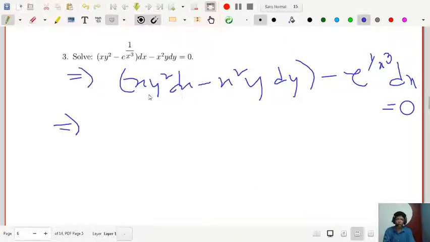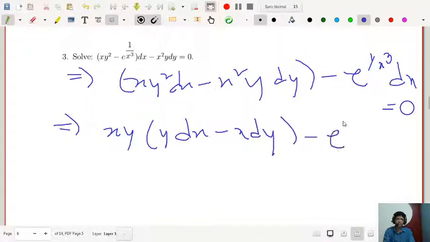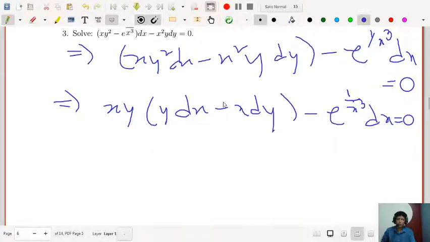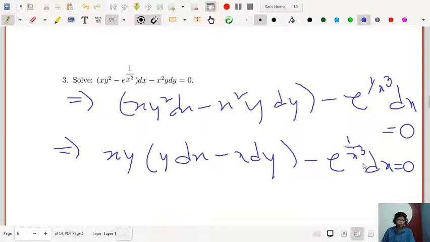If you need an integrating factor, let's check. You can take common, xy can be common, so xy, taking xy out, y dx minus x dy you can write, okay, and after that minus e to the power 1 by x cube dx. So your complicated part of the question is 1 by x cube, it's a simple 1 by x cube. So look at that, you have an expression, just we talked about, these are the expression in the table, in the integrating factor table.